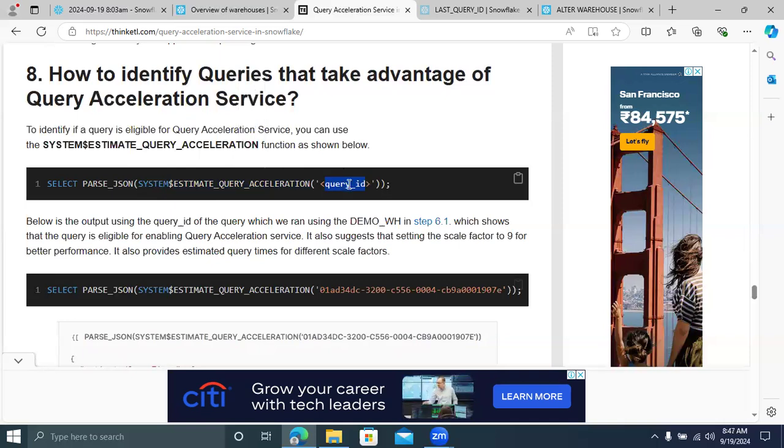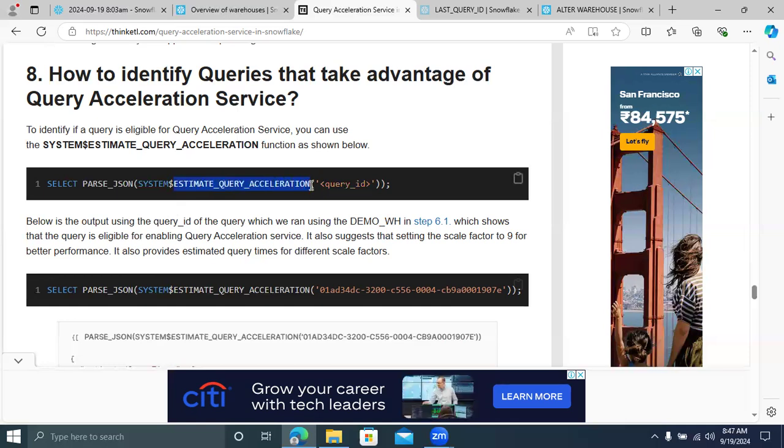In that, you have to provide your last query ID. If you provide a query ID, it will say whether this query requires Query Acceleration Service or not. This is a system function.